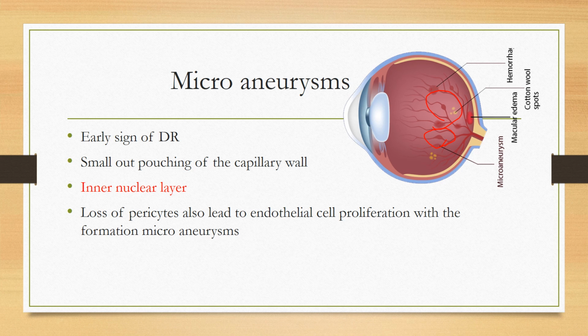In this case, the microaneurysm starts at the layer of the inner nuclear layer. So this is the first change due to diabetic retinopathy. Once the pericyte gets lost, the blood vessels get bulged up. Only then it bursts or breaks, and then there will be a leakage in the retina.